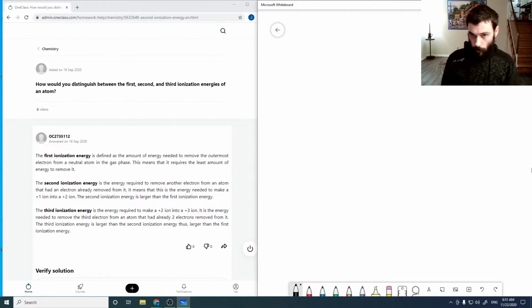How would you distinguish between the first, second, and third ionization of an atom? So the first ionization, and in this case I'm just going to use an example of, say, oxygen. So oxygen's electron configuration is 1s2, 2s2, 2p